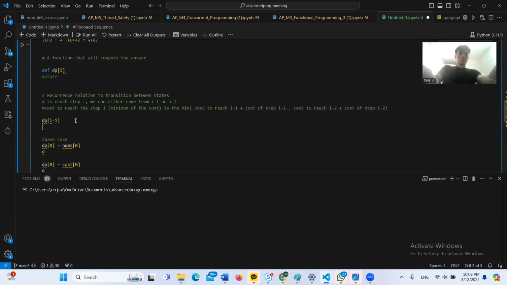Second option is to rob the house i. In this case, we cannot rob the house i minus 1. So the maximum money is the maximum of dp[i minus 2] plus nums[i]. So nums[i], because we decided to rob the house i, and dp[i minus 2] because we're still using the